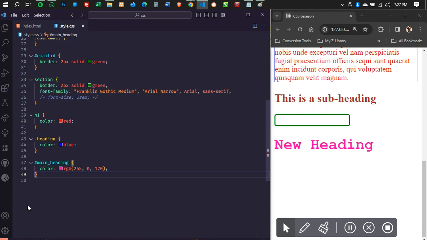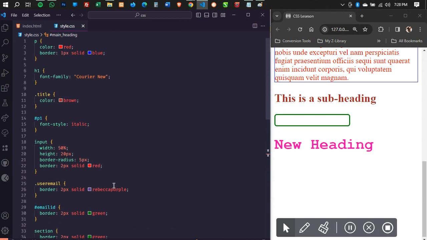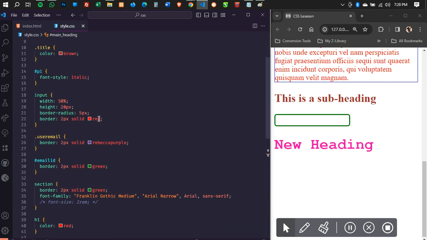Hope you get it. So usually we go with the class, and it's also going to help you write DRY code, or not repeat yourself, because as we have seen earlier, you cannot apply the same ID to two different elements. So if you style an element using the ID, and you have to apply the same style to another element and you are still going to use the ID, then it means you have to write that code again. However, as we have seen over here, we added